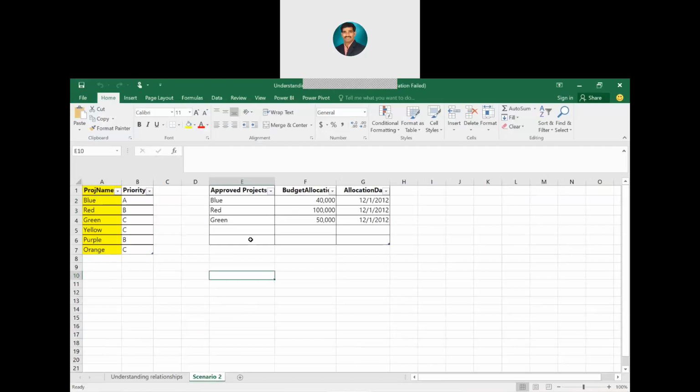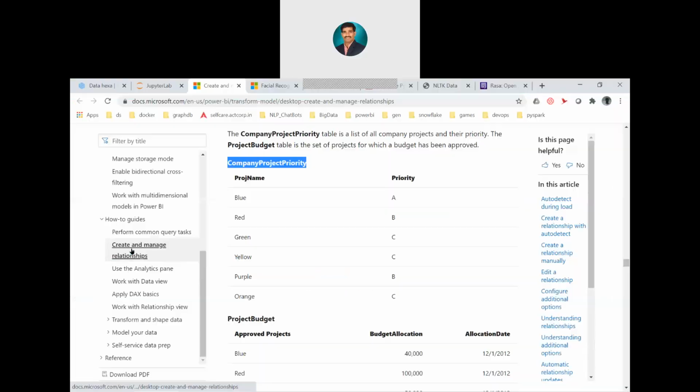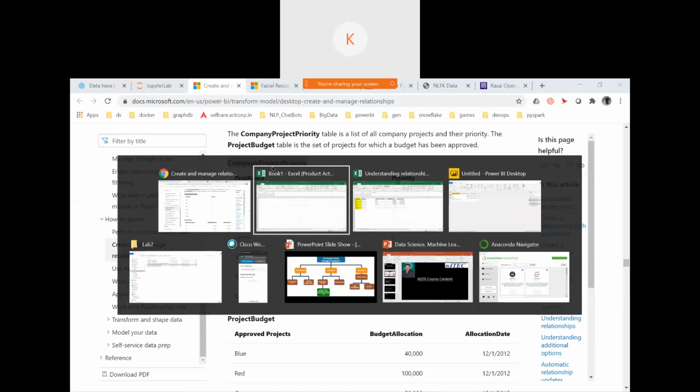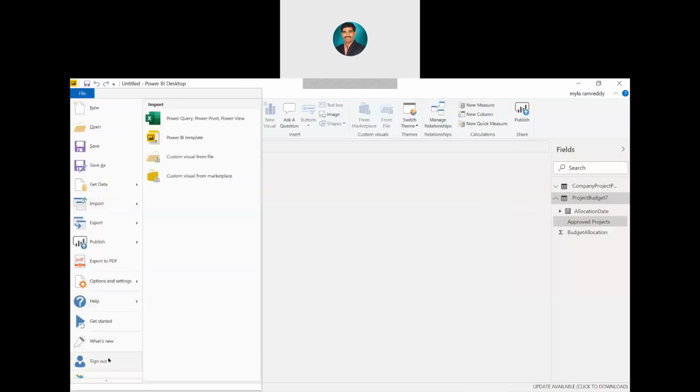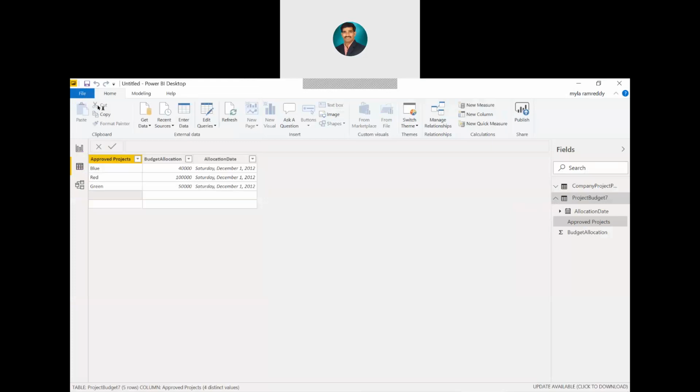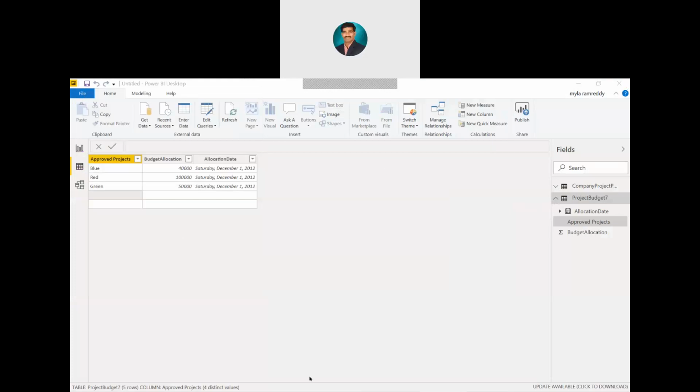Here scenario 2 I have. Yesterday we did the same, copying from the site only. Yeah, that's the correct thing. That will be the best, I think, right? Okay, let us do it that way then. We'll go to the site and make this the company project priority. Let us make it a fresh one.